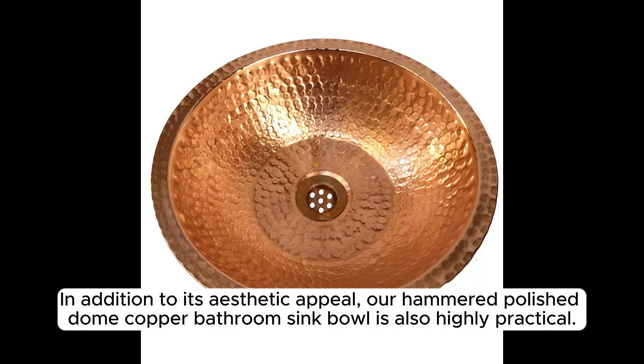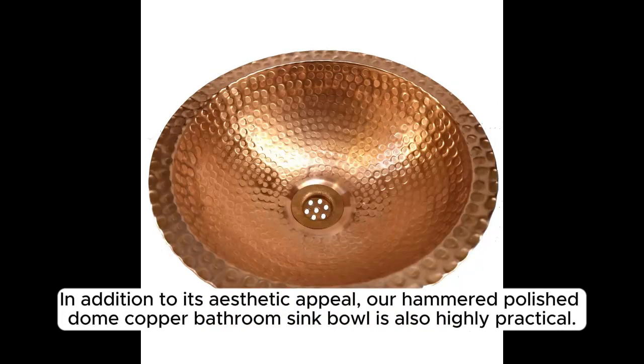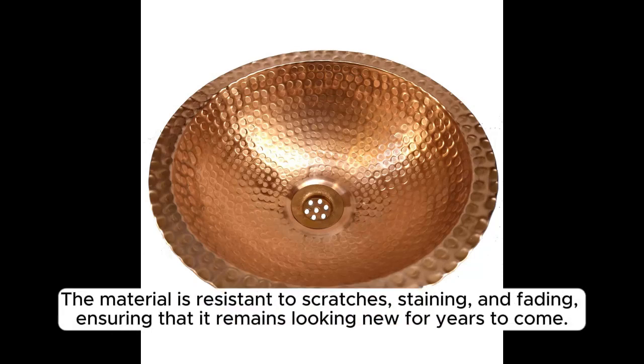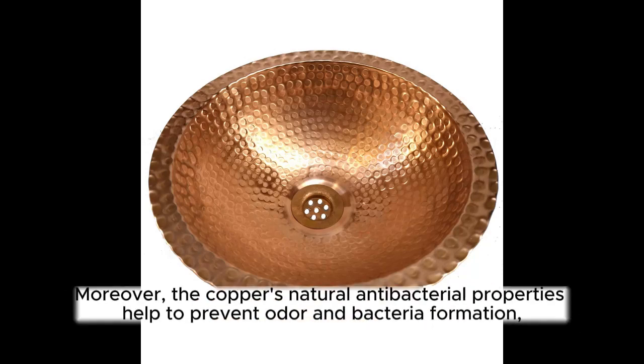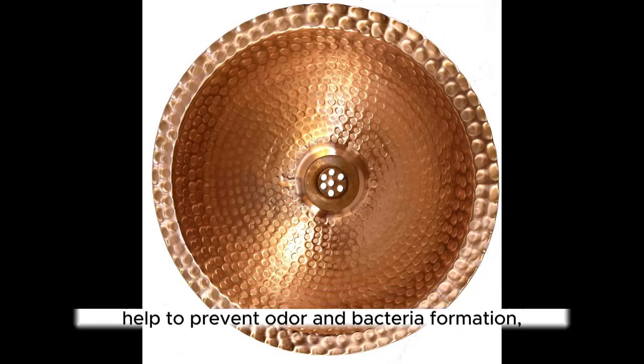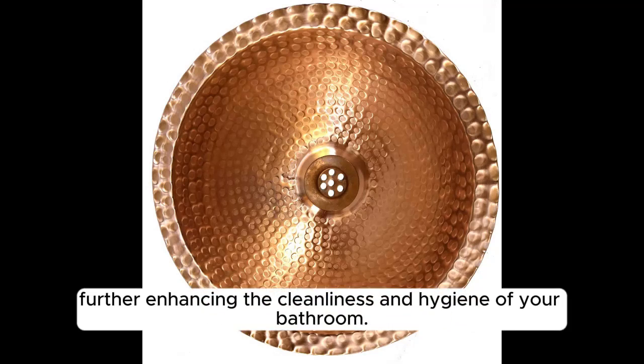In addition to its aesthetic appeal, our hammered, polished dome copper bathroom sink bowl is also highly practical. The material is resistant to scratches, staining, and fading, ensuring that it remains looking new for years to come. Moreover, the copper's natural antibacterial properties help to prevent odor and bacteria formation, further enhancing the cleanliness and hygiene of